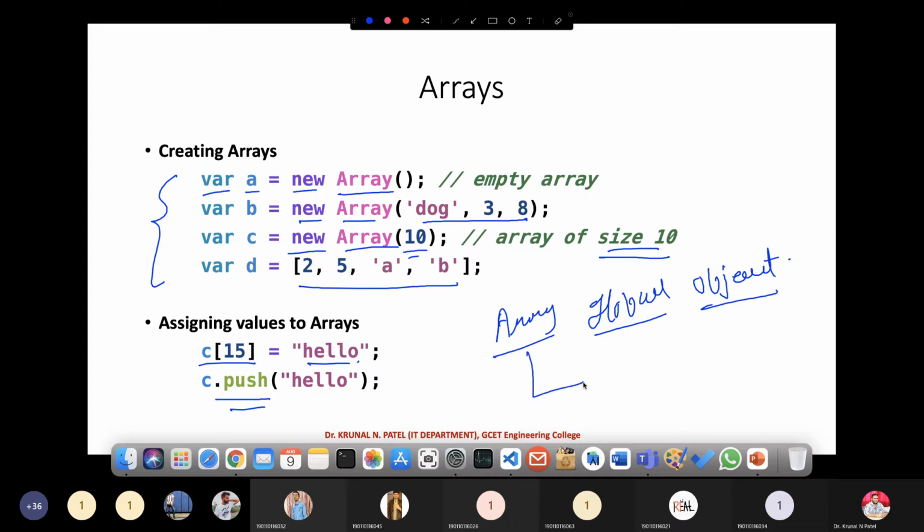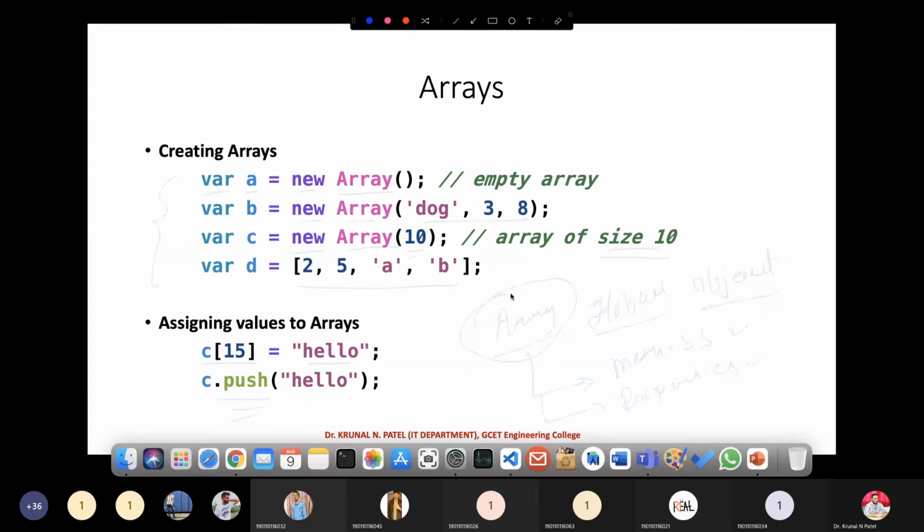So what is the meaning of this global object? It has some predefined methods and some properties. So you can use all those predefined methods and properties with the use of Array. We are going to see that in examples also, but you just need to remember that Array is a global object in JavaScript. That one statement is enough.